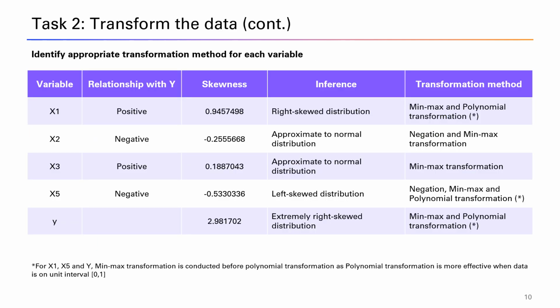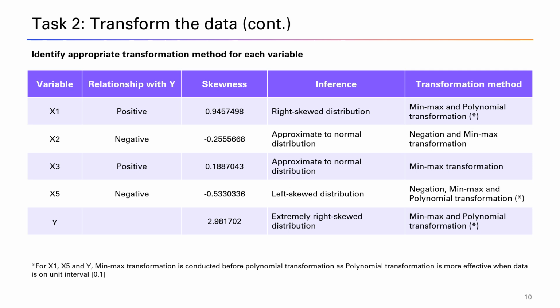Next, I will apply appropriate transformations, with the primary goal of reducing the skewness and standardizing the data to a unit interval between 0 and 1. For x1, x5, and y, which were highly skewed, I recommend applying a combination of min-max scaling followed by a